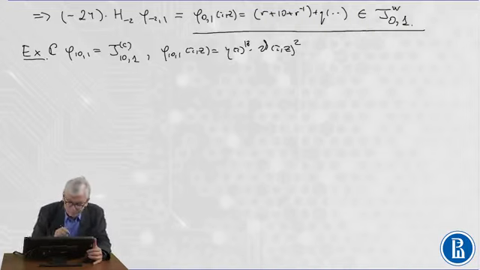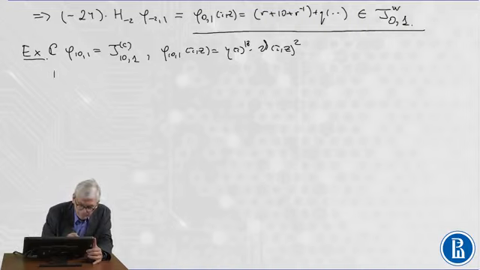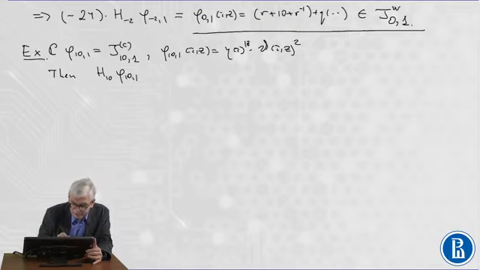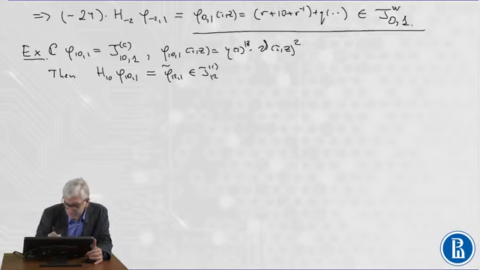Then H10 of phi 10,1 is equal to the function phi tilde 12,1, which is a cusp form of weight 12 and index 1,